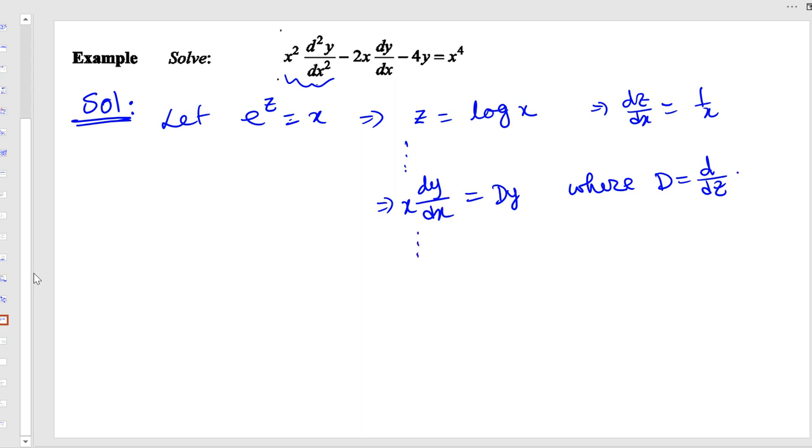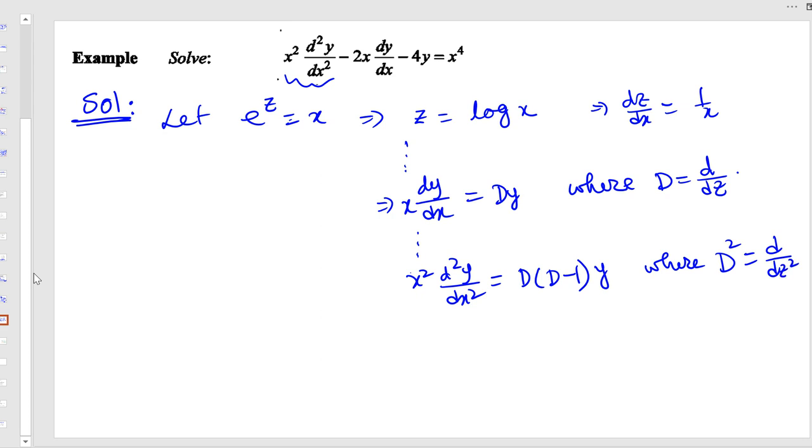Also do all the calculations, then you will get x square d2y dx2 as D into D minus 1 times y, where D2 means d2 by dz2. Okay, now if you substitute these values in the given equation,